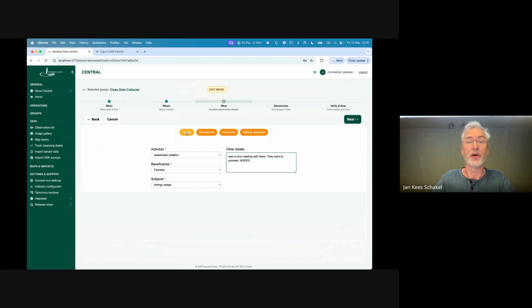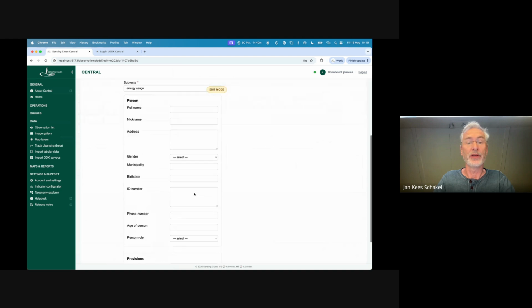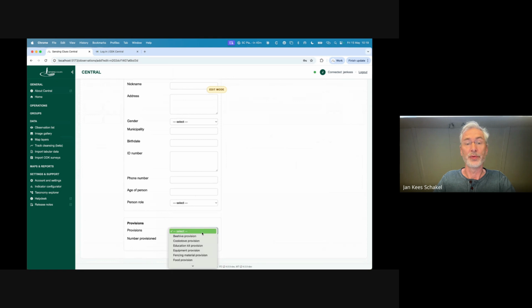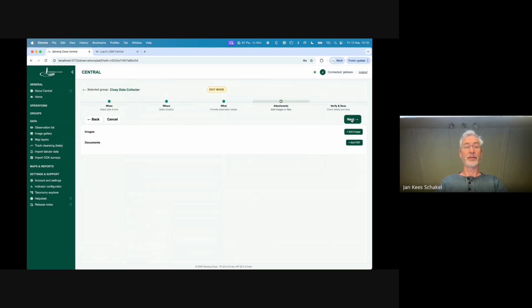Or maybe if you say, I want to add some information about a person, or I want to add some general information that was not yet provided, you can add that right here. Or provisions that were given, for example, we provided them with 6 beehives or 4, and then I save it. And then I can add documents, like PDF documents, proof of the meeting,